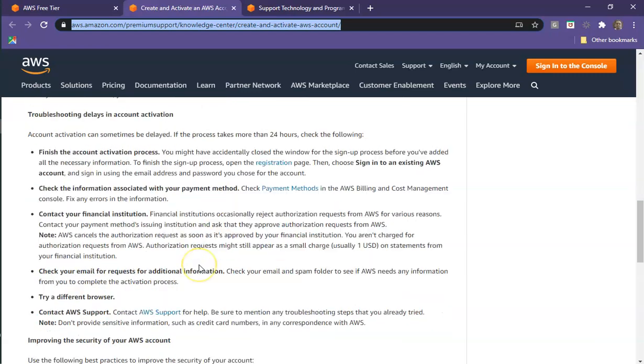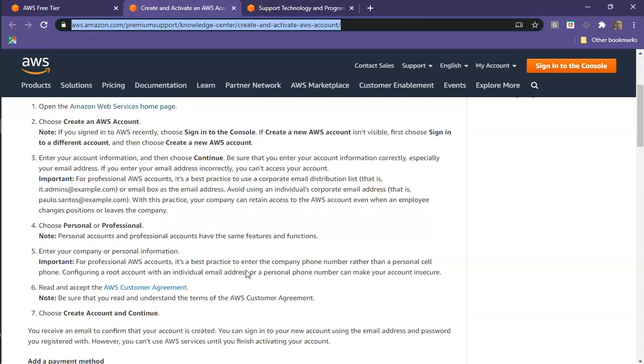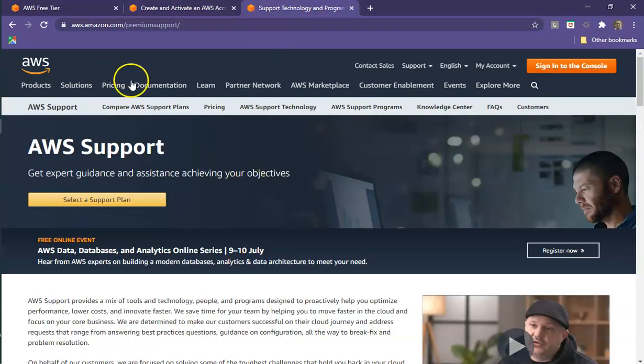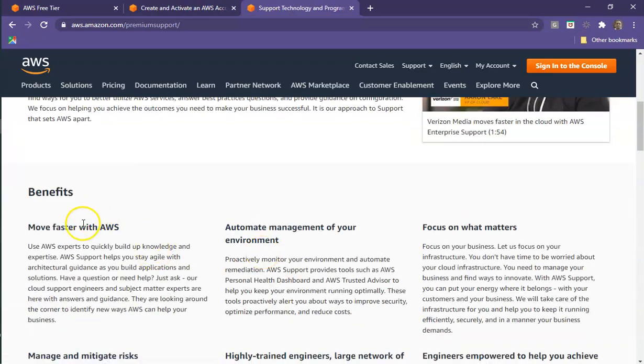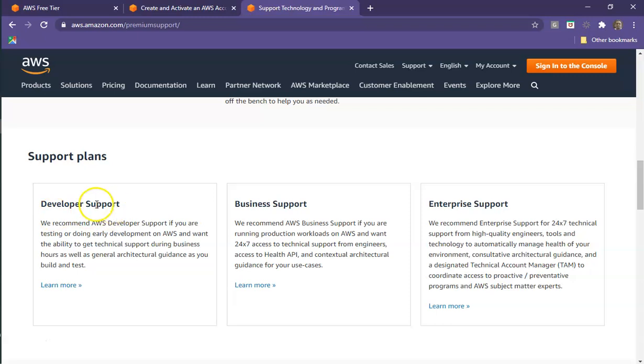So in the process, please choose a support plan which is basic, which is free until you migrate to a different support plan. So the support plans are available here, multiple support plans, and you also see a lot of benefits over here. Developer